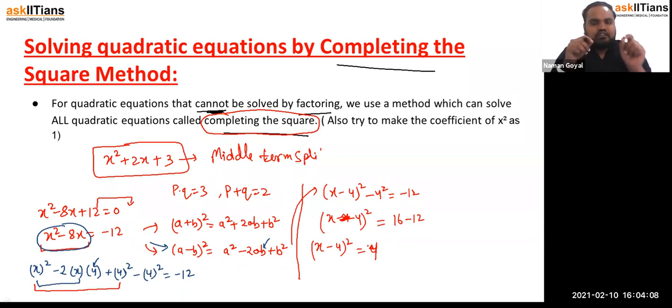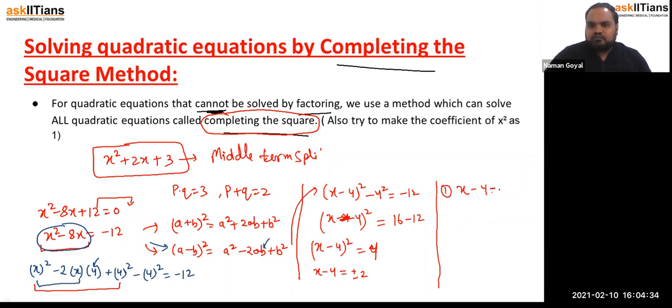If we take the square root on both sides, it always gives a plus minus sign. So please give some more attention while taking the square root of any quantity. So this can be written as x minus 4 is equal to plus minus 2, because the root of 4 is 2 and plus minus comes here. So first we take x minus 4 as 2, and if we take x minus 4 as 2, then we get x is equal to 6. So x is equal to 6 is our answer.